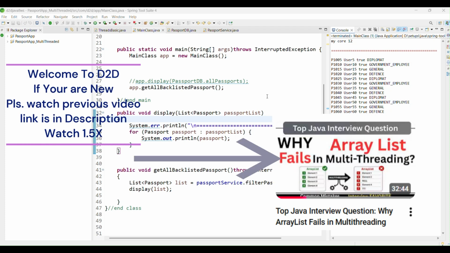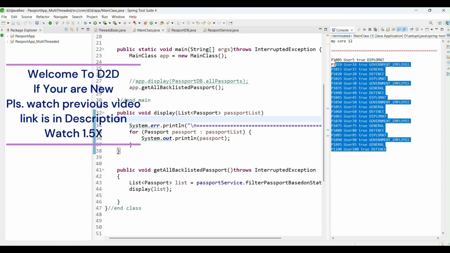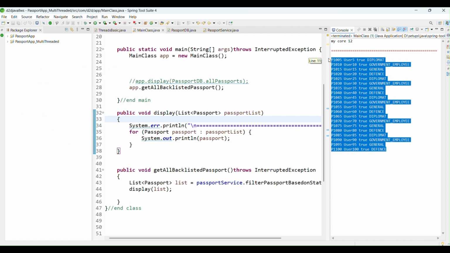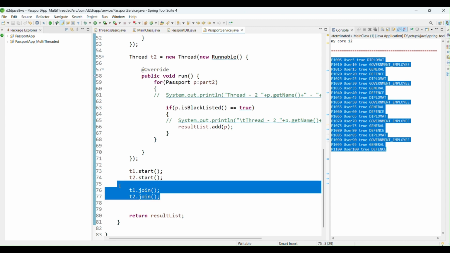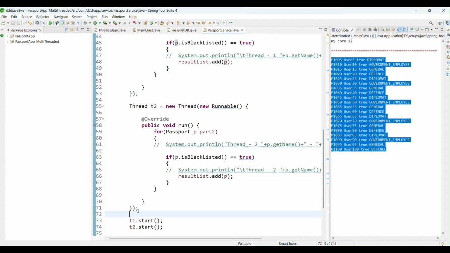In the previous video, we solved the problem of performing operations on the list using threads. As you can see, these are the outputs coming after some operation. That solution works, but it follows a traditional and more complex approach of using threads. Look right here, we are using joins and a conventional approach of